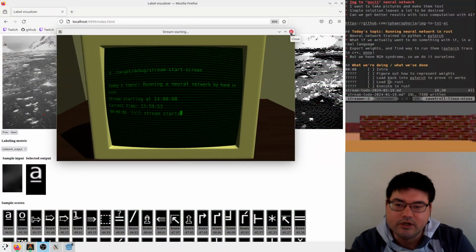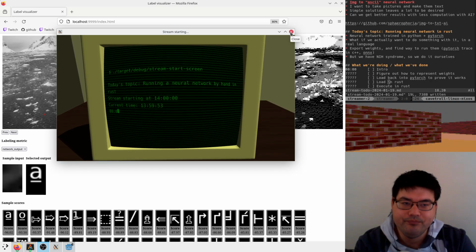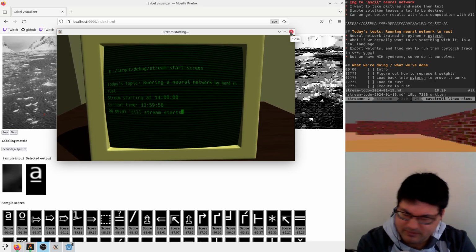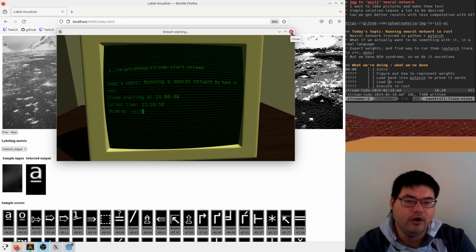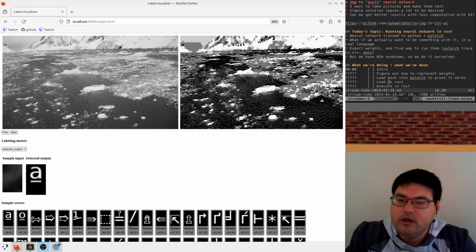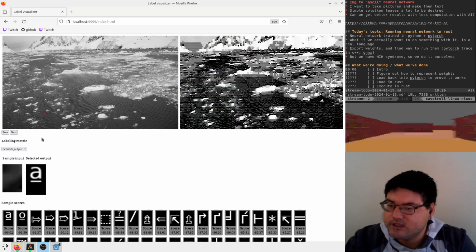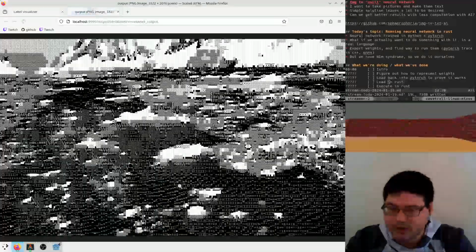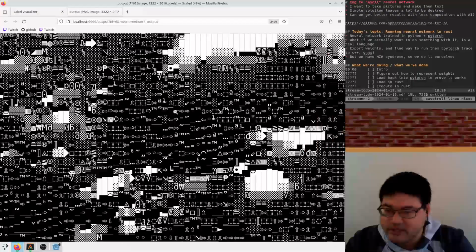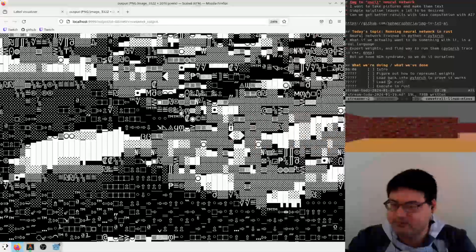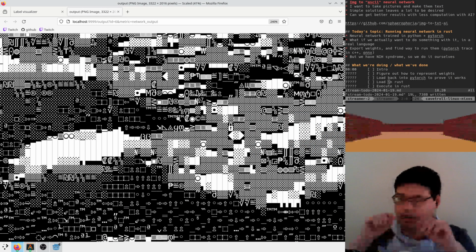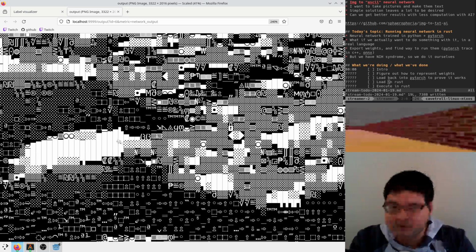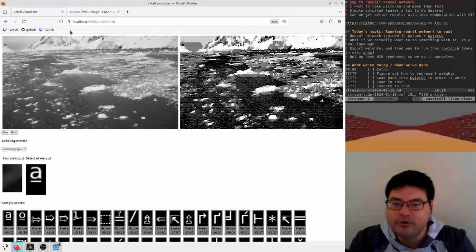Welcome back. Today we're working on my image to ASCII, image to UTF-8 neural network. So the idea is we have images here on the left and we convert them into a text representation on the right. If you look at what's actually in here, these are a lot of characters that come from a specific font rendered out as rectangular glyphs and then shoved back into a picture, completely black